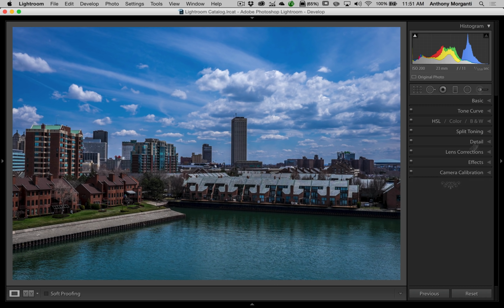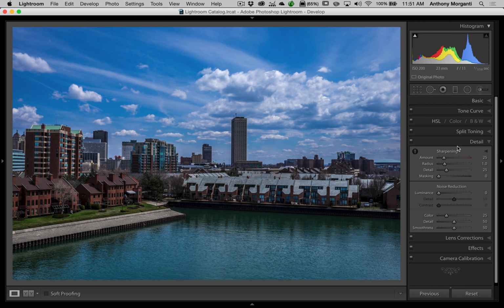We're done with that. Now we're going to jump to the detail panel. This confuses a lot of people. This is sharpening and noise reduction. And I will have a video that will cover sharpening and noise reduction fully. You're going to know everything about sharpening and noise reduction. But believe me when I say this, if you're in a hurry and you just want to adjust sharpening and noise reduction so that they're pretty much perfect, I mean 80% to 90% perfect,